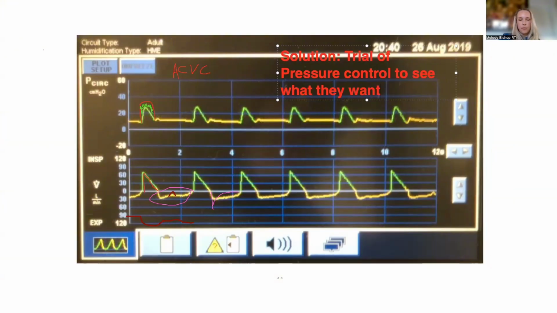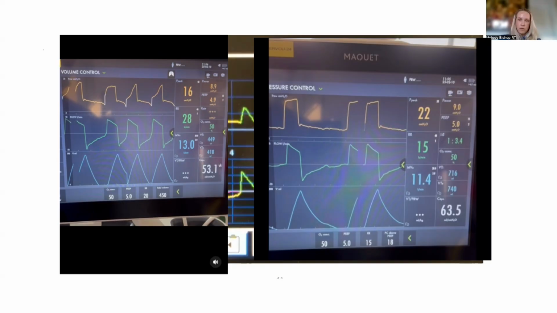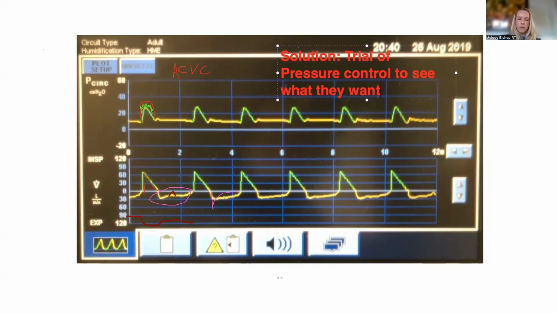And I don't know if you remember this specifically, but we had this Instagram post about a month ago, maybe, like the A versus B, where A was, I think, volume control. It sort of looked something like this. I switched the patient to pressure control because the patient was agitated and all that kind of stuff. And when I switched them to pressure control, everything got better because they took bigger breaths, but less